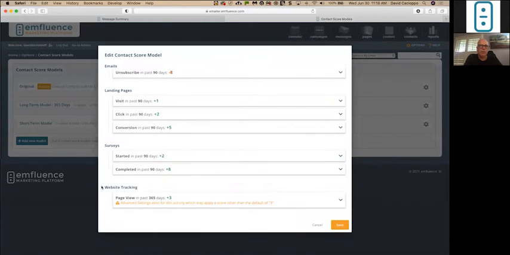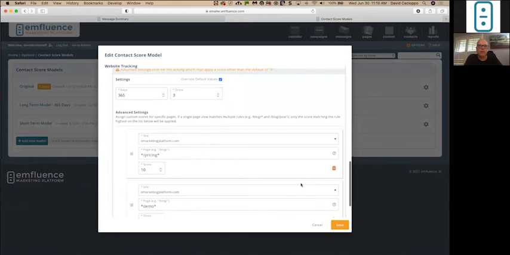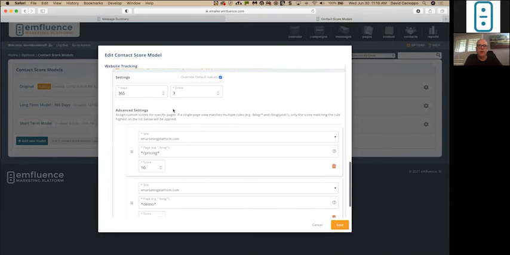So you have to embed our tracking pixel on a website page that you own. And once you've done that, you can then specify specific pages and specific values. So what you can see here is we have this set up for 3 points for anybody that visits the pricing page of our emarketingplatform.com site. And sorry, the default value is 3 points.